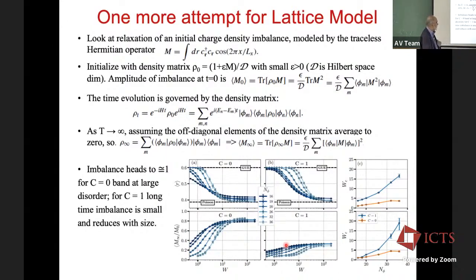But there's a significant difference between the Chern 1 band and the Chern 0 band, again as was seen for the R parameter. And if we squint our eyes and take the midway point between 0 and this one, and see how that varies with size, what you find is that for the Chern 1 band, the halfway point moves out to very large W very quickly.